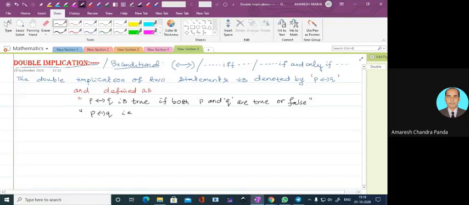And second, it is false in all other cases.